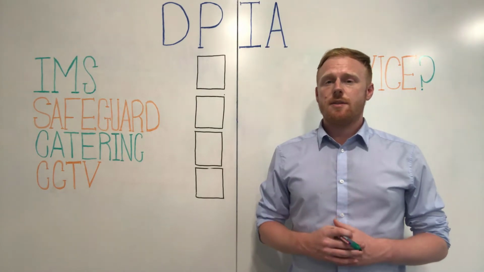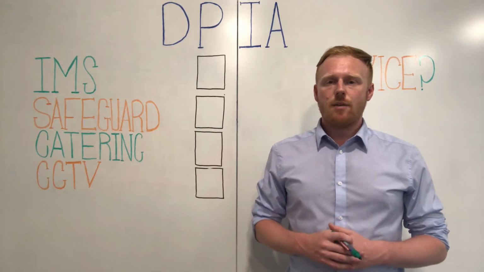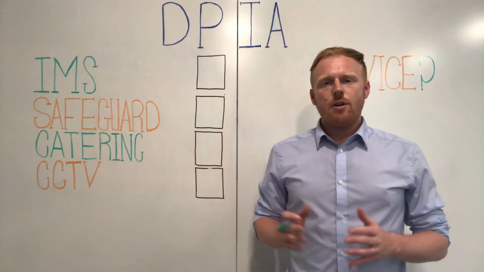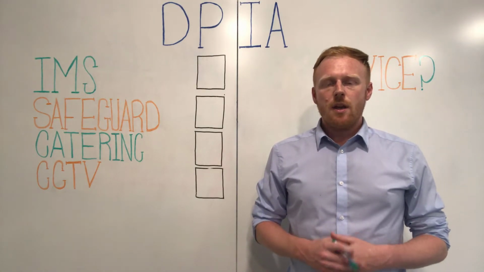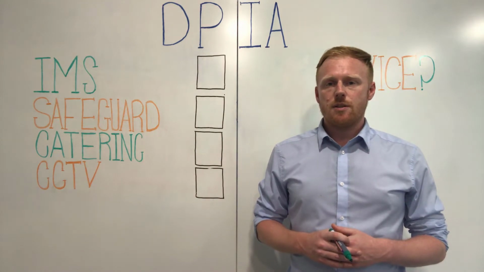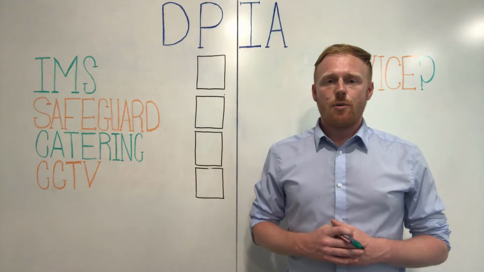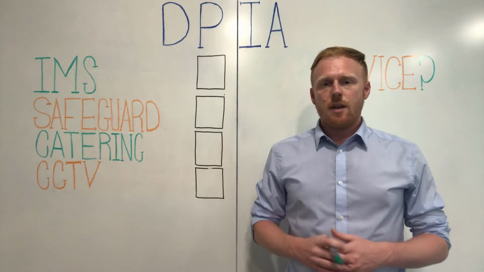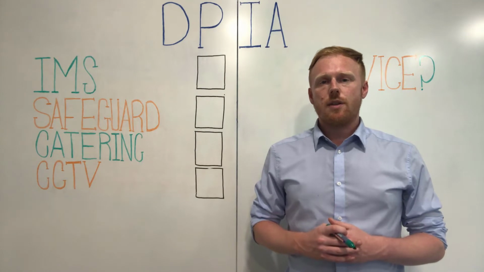Now in some circumstances under the UK GDPR, there's a legal obligation to carry out a DPIA. But you don't need to get too hung up on whether that legal obligation arises or not, because it's really good practice whenever you're thinking about introducing a new system to carry out a DPIA, and of course the ICO recommend that you do so. So if you make sure that you carry out that DPIA on all new systems, then you're going to comply